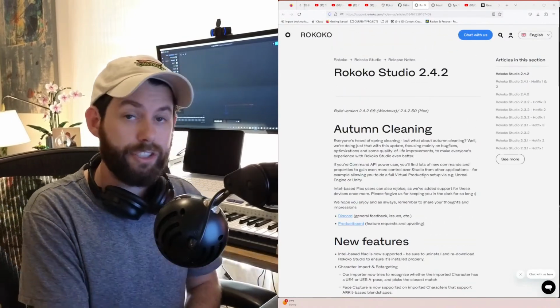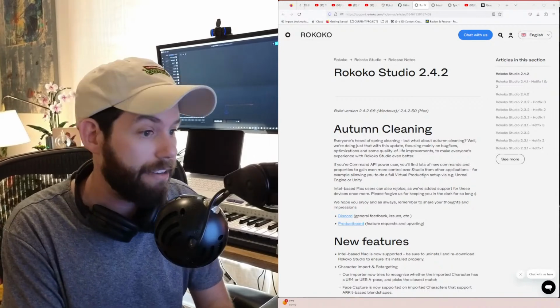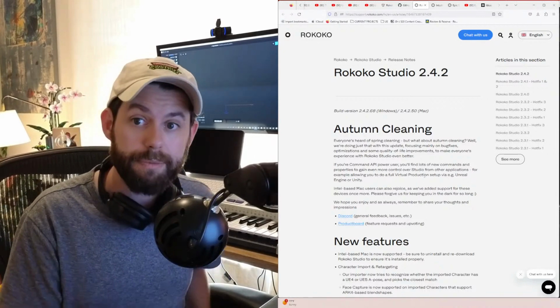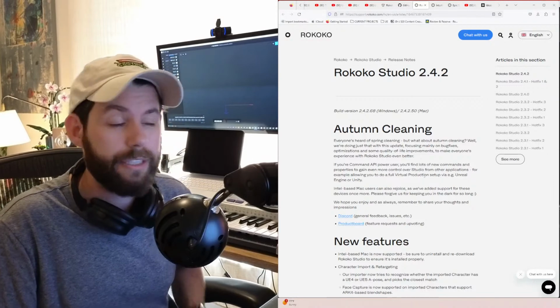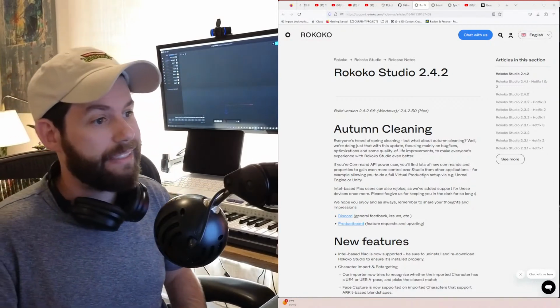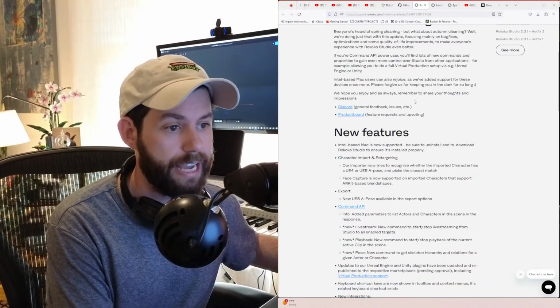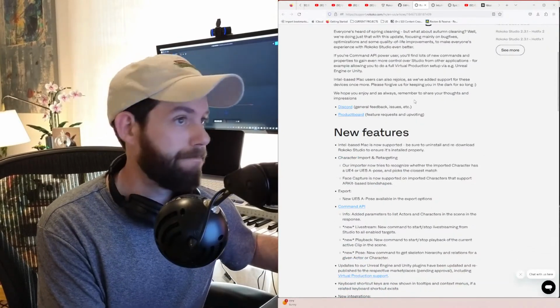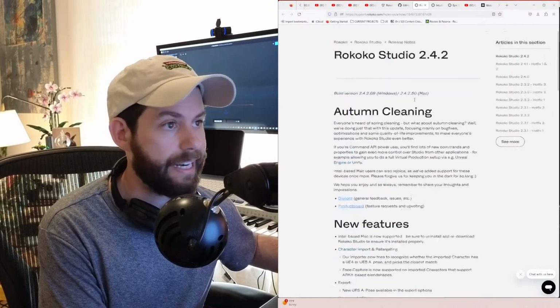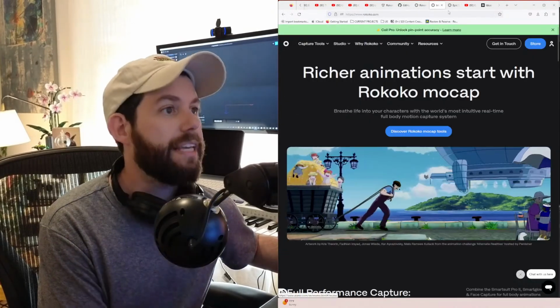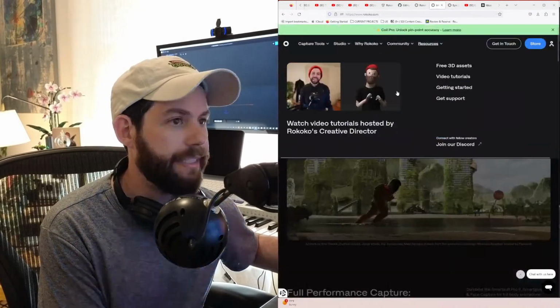Always upgrade your suit firmware. Always update your glove firmware when a new version comes out. Just something good to check every once in a while. And yeah, I'll put the release notes for the new version of Studio down in the description below, but super interesting, exciting stuff. And the other thing I wanted to do quickly is just go through some